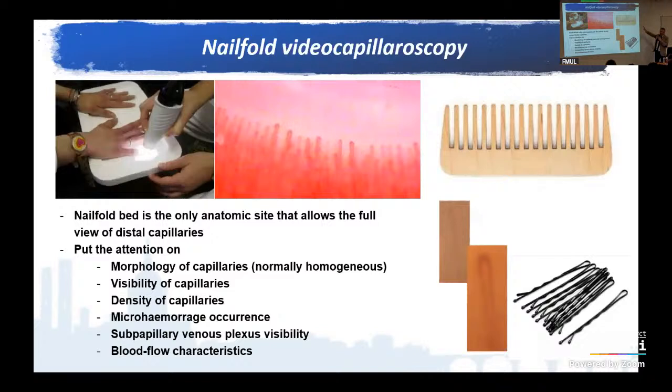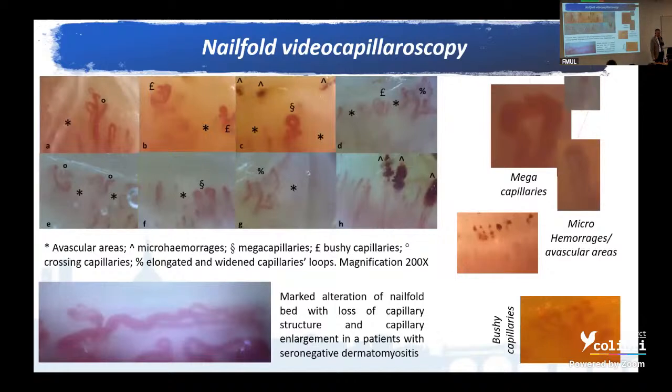This is NAFO capillaroscopy. You know what NAFO capillaroscopy is. You know why it's so similar to this very, very strange object. This is very strange also for me. I have no idea about the translation of this one, really. But this is a normal aspect of NAFO video capillaroscopy, but we should search for different abnormalities that I'm summarizing